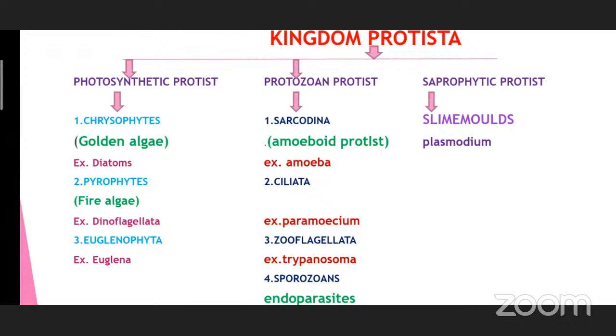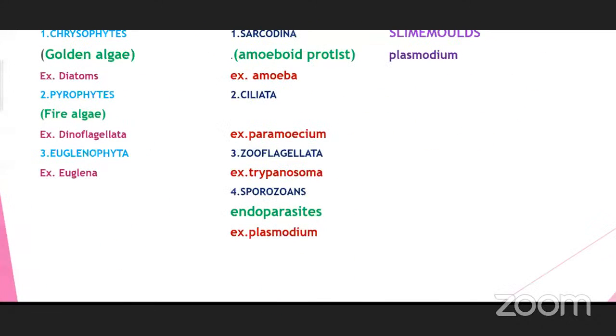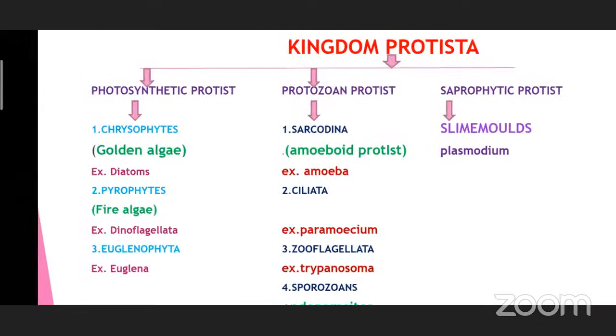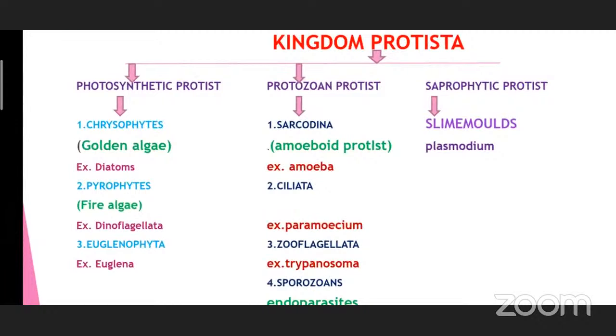Euglenophyta, example is Euglena. And you know that Euglena, how it was struggling. It was unable to get a position in Plantae kingdom or Animalia. But in the third kingdom classification, you have seen the Protista, it has given it a position and placed it in photosynthetic protist, unicellular eukaryotes. So here we find this Euglena because it is both plant-like and animal-like. Plant-like, photosynthetic; animal-like, not having cell wall at all.